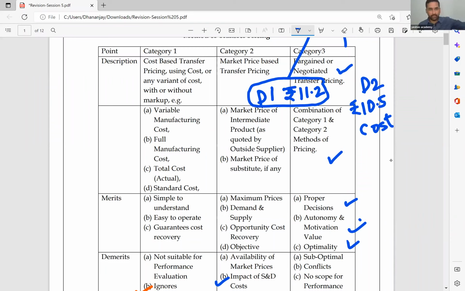So then they will agree to 2 prices. Okay, dear department 1, if you are able to sell it in the outside market, then there is an opportunity cost. Do one thing, consider variable cost plus opportunity cost, and transfer it at that price to department 2. If you cannot sell it outside at the market price, then please give it to department 2 at your variable cost and add a 5% markup if you need. Now by this, both D1 and D2 will be somewhat happy, but I know the demerit first: suboptimal decision